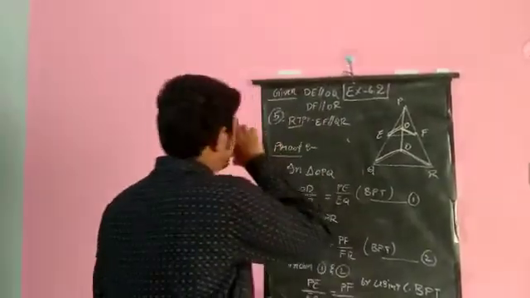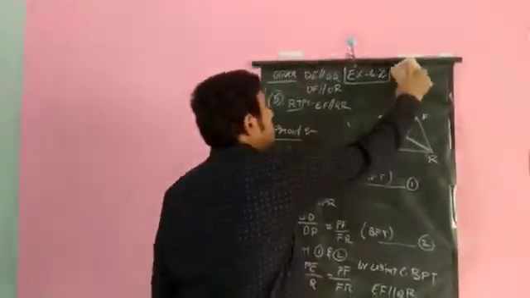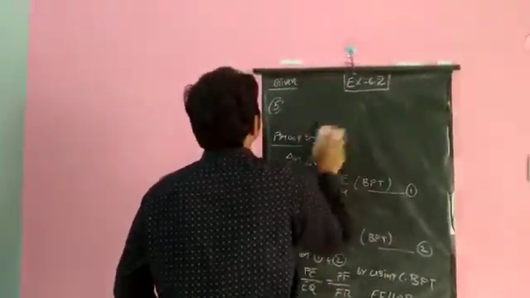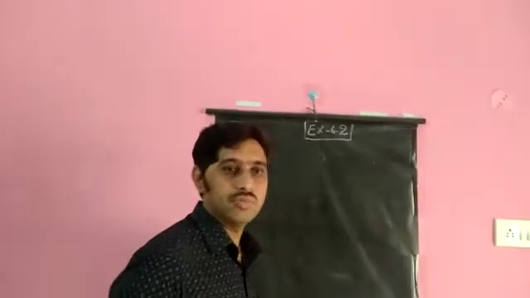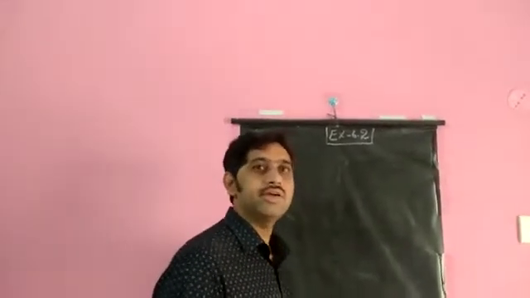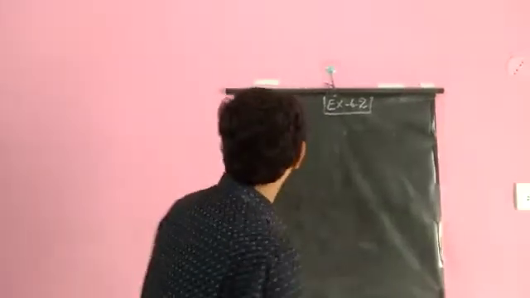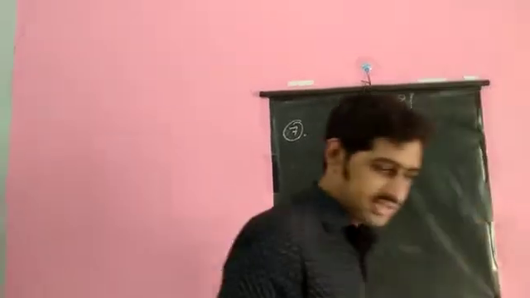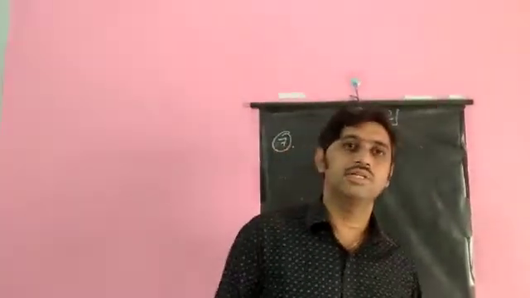6th one. If I move to the 7th question in exercise 6.2, I have explained question number 5, and in the same way you need to solve question number 6 as homework. And if you see question number 7, the question states: using theorem 6.1. Theorem 6.1 in our NCERT textbook is the basic proportionality theorem, BPT. So using theorem 6.1, prove that a line drawn through the midpoint of one side parallel to another side bisects the third side.